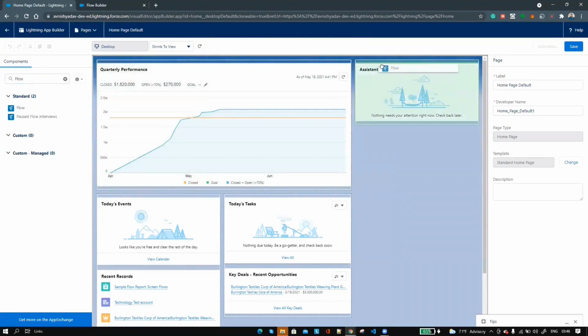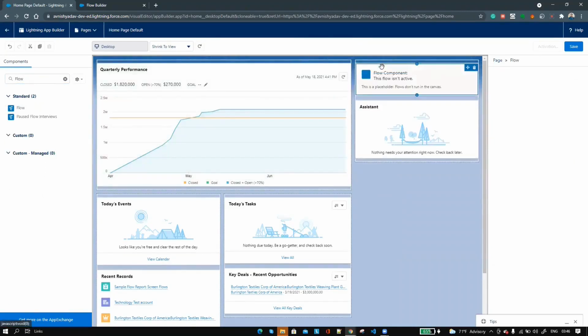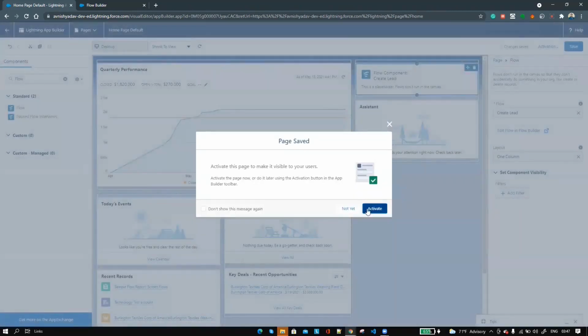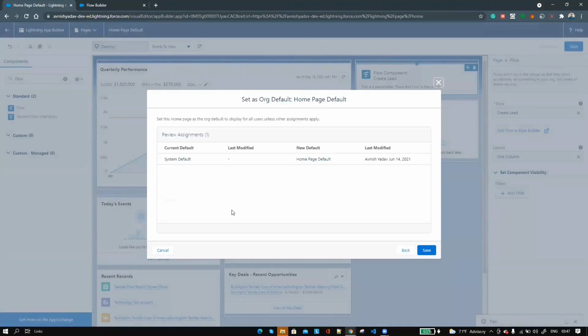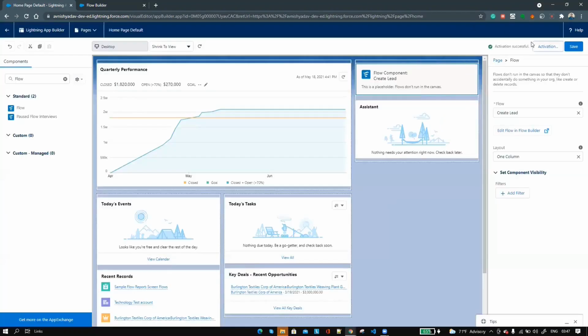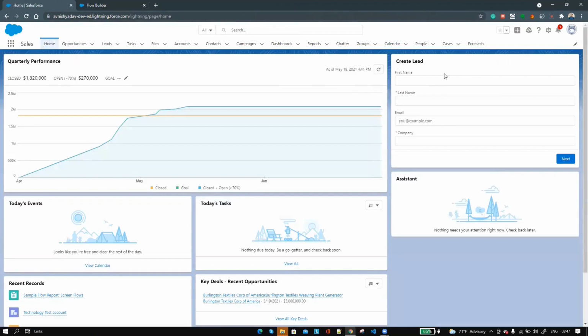Let's drag this to the right section of the page. In the flow, let's choose our flow, click on save, click on activate, click assign as org default, and click save, and let's click back. So you can see our flow is added on the home page.